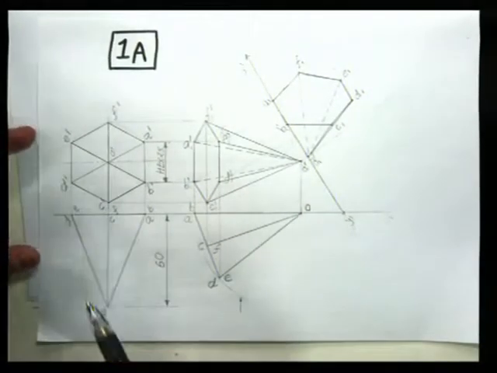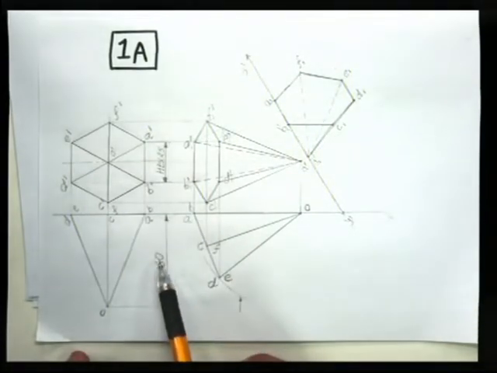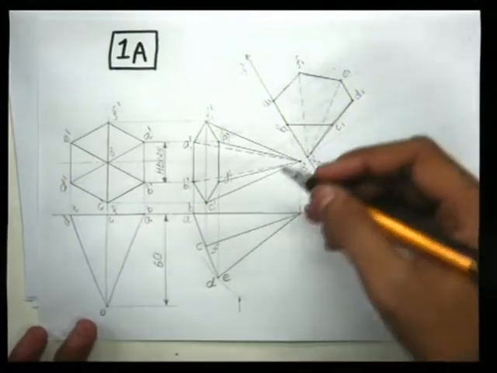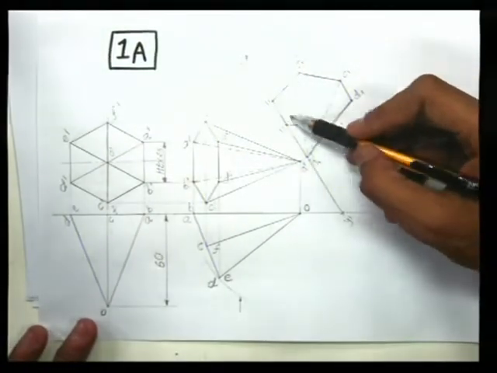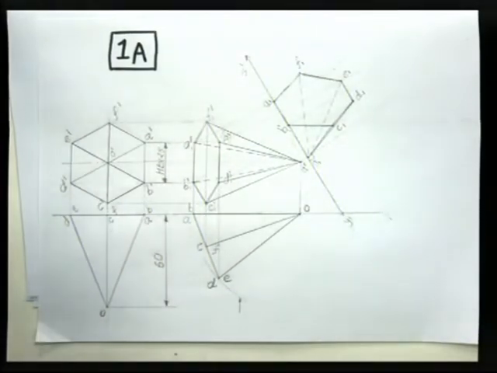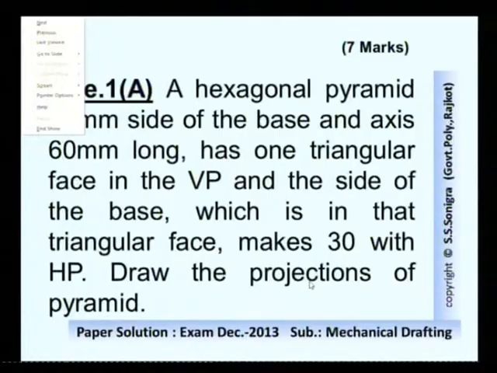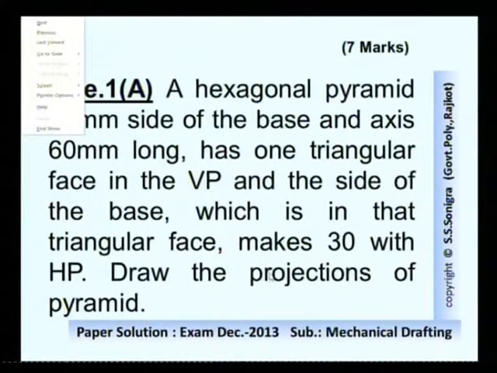You need to insert the dimensions in this case, hexagonal 25 and height 60. No other dimensions need to be inserted over here, and here you can see this AB makes an angle of 30 degree with the vertical plane. So I hope the solution is clear to you. The next problem,